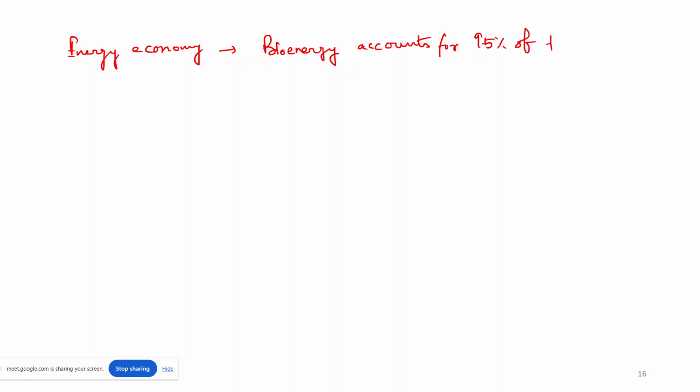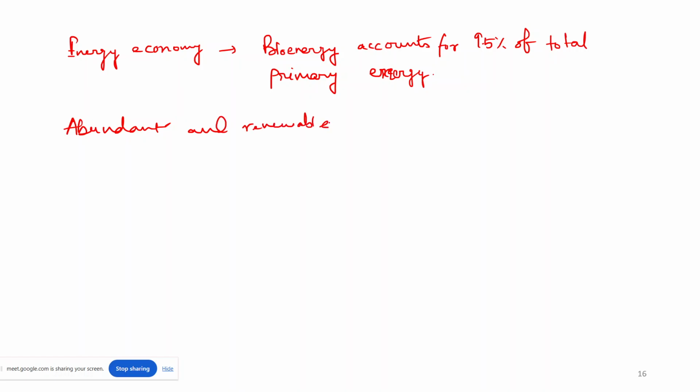So, when considering the energy economy, this bioenergy accounts for 9.5 percent of total primary energy. So we can say that abundant and renewable bioenergy